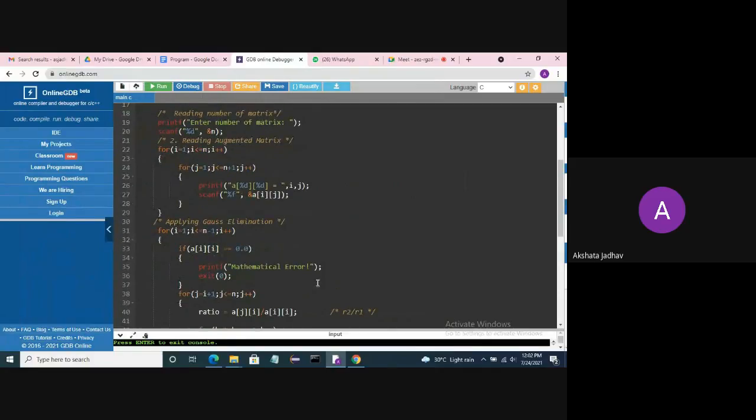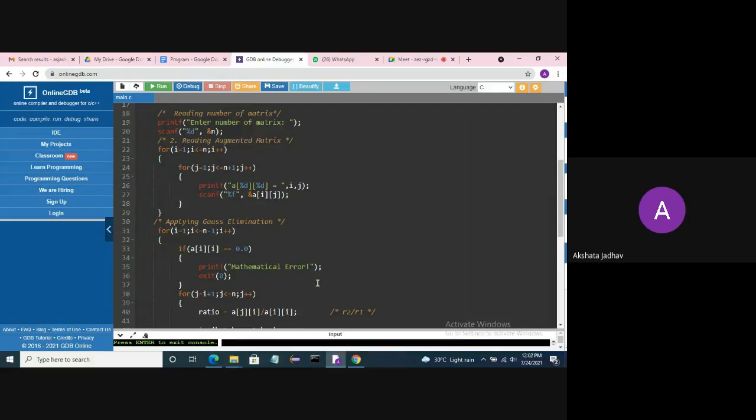I will send you the program file in the group. Okay, all of you listen carefully. Program file. The next program is the Gauss elimination method. We also have a Bayesian method, but don't do the Bayesian method. I will not send you the Bayesian method, only the Gauss elimination method program. Go through it. If there is any doubt, ask me, and perform the practical, because on Monday I will send you one Excel sheet, Google form.